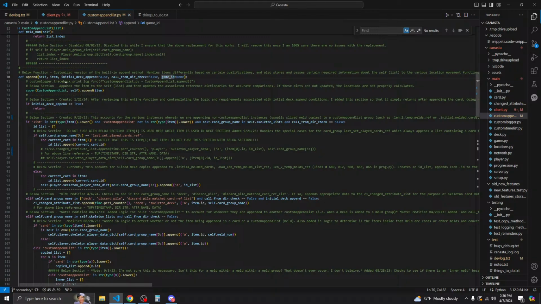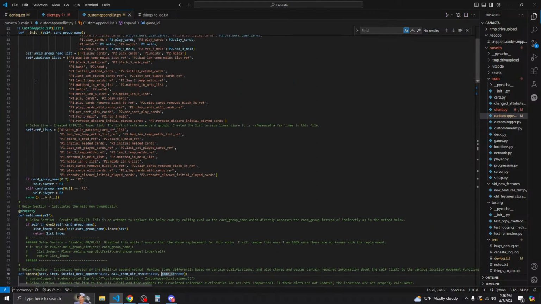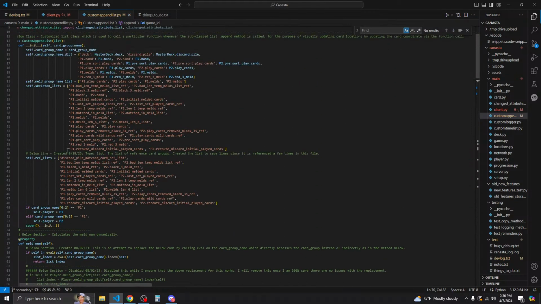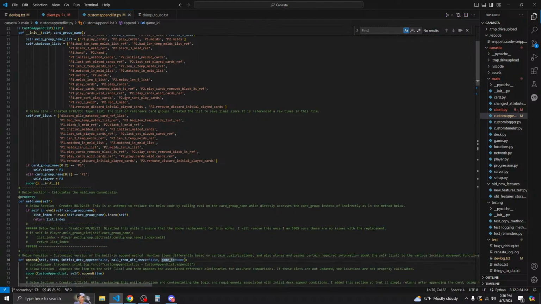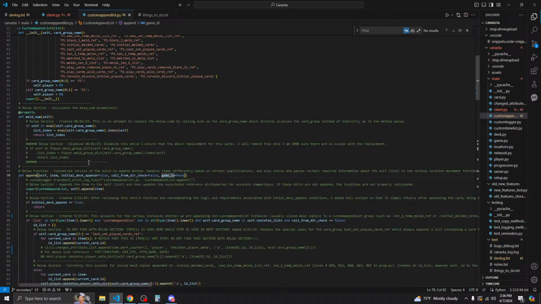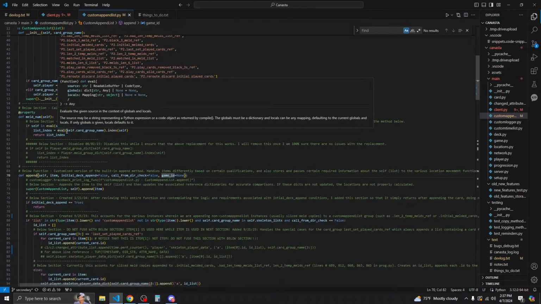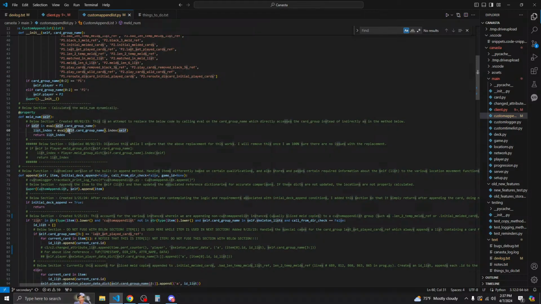or there's also the self, and the self has its card group name, and I'm certain that the card group name is, yeah, going to have the exact full name, like P1.